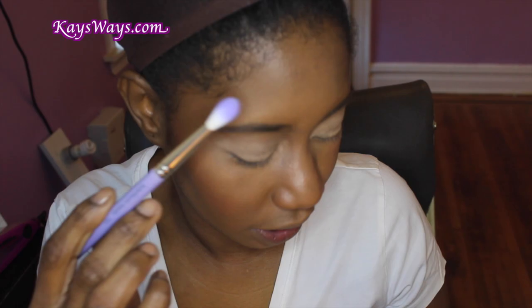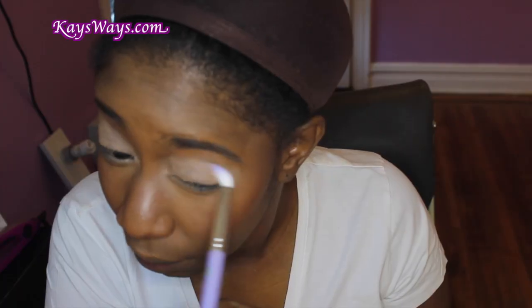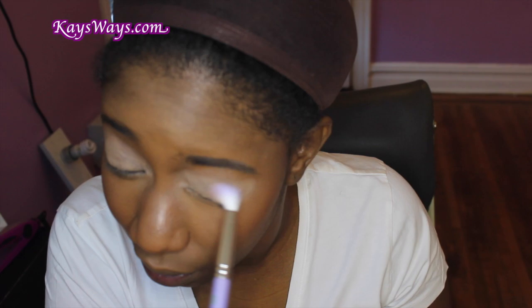First, I'm going to take the 785 blending brush here. All over color first, I'm going to apply this light shade right here. By applying this eyeshadow that's close to the same color as the base that I applied, it basically just sets that into place and makes it easier to blend all the rest of the shades that you're going to apply afterwards. So now that we have that all over,